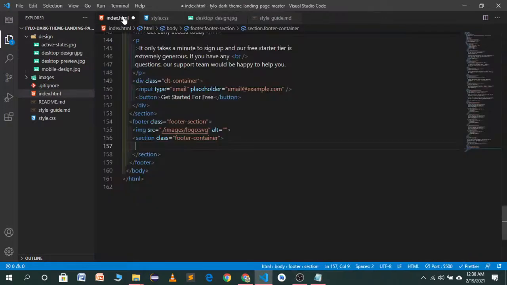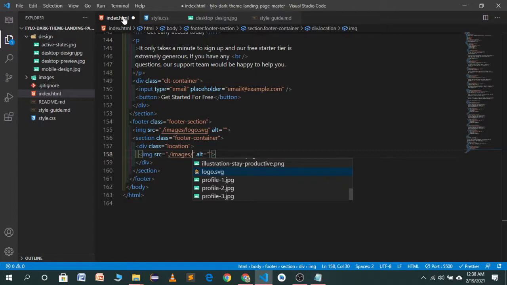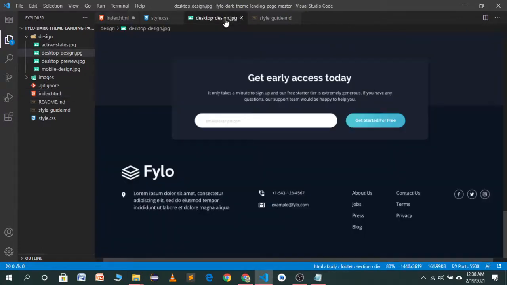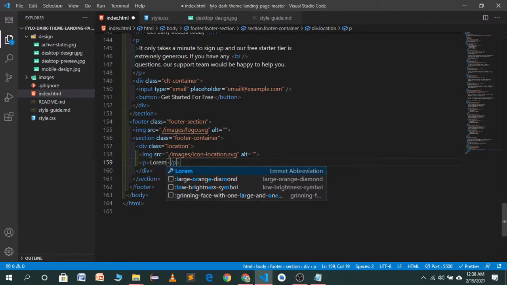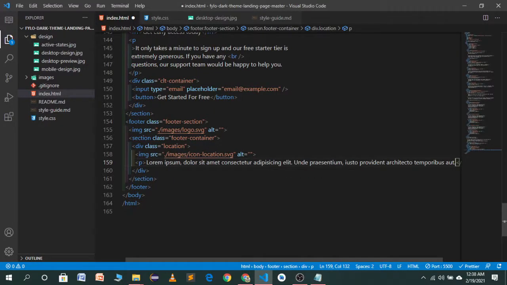So let's go to HTML. Now the location, we have an image and icon of location, and after that we have a paragraph of lorem ipsum, lorem 15, and we want 3 lines.